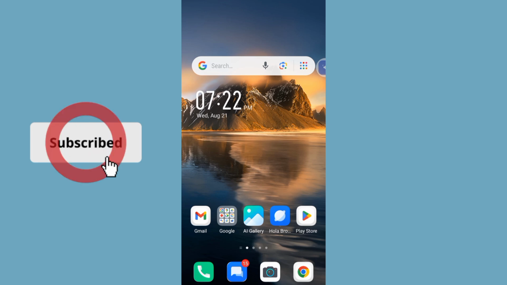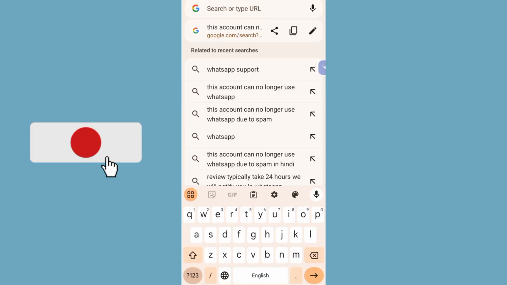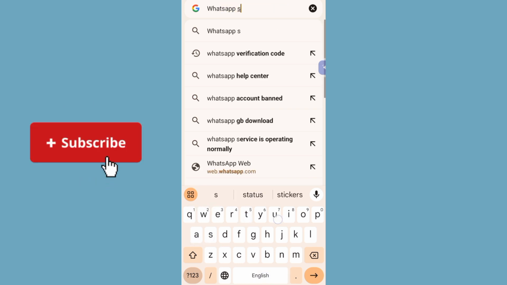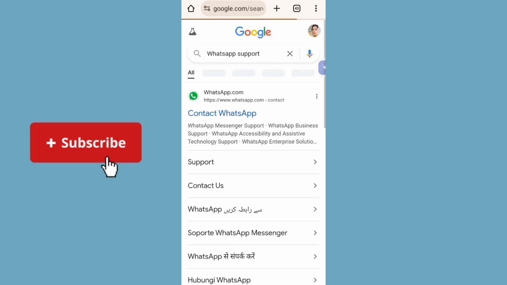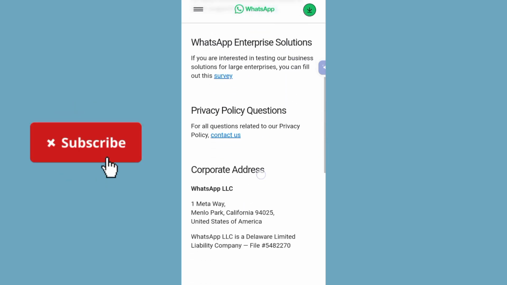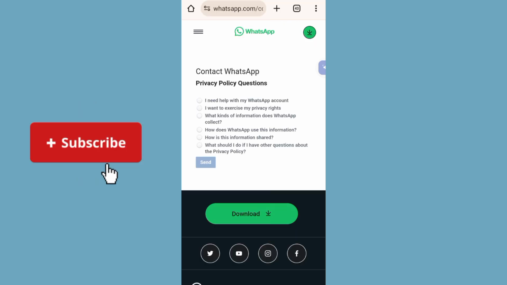If your problem is still not fixed, then go to your Chrome browser and here search WhatsApp support. Open this first website, scroll down, click on contact us. Click on first one